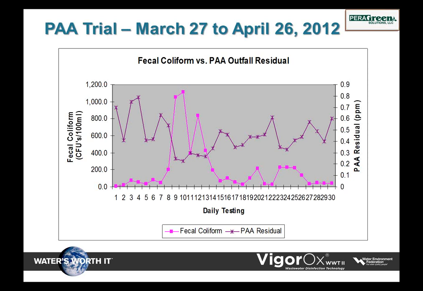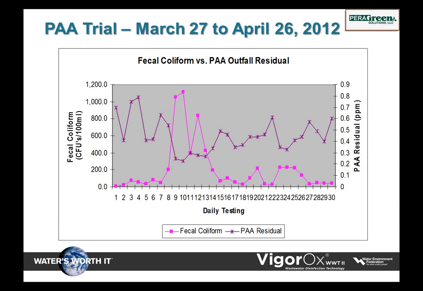So he started increasing the pump slowly. We started changing it daily and every couple hours to see what the impact is. Once we started achieving about a 0.3 to 0.4 part per million residual, all of a sudden our fecal levels dropped below the 200 limit and stayed there for the duration of March. So that's key, because it shows you can dial the program in. It also shows us that there is a bottom floor to the product. If you go any lower, you will increase